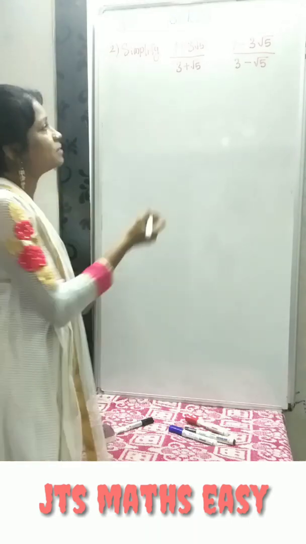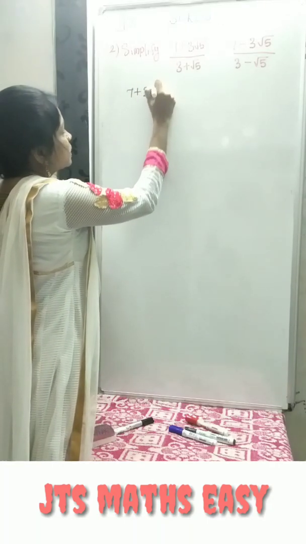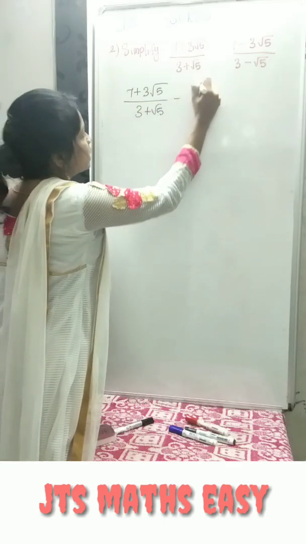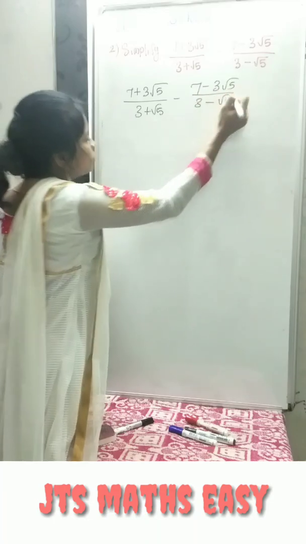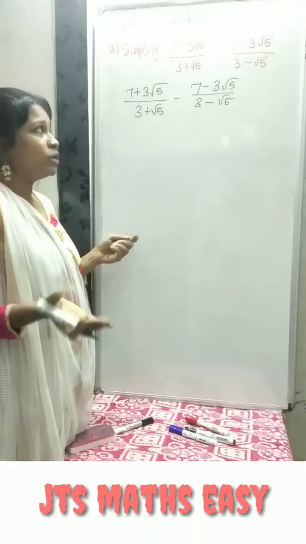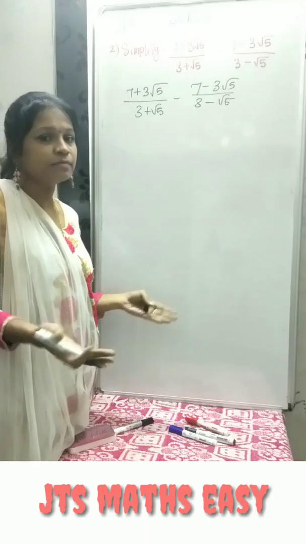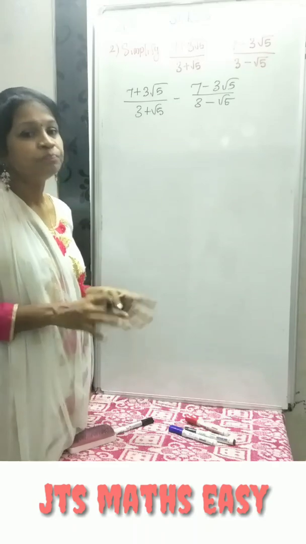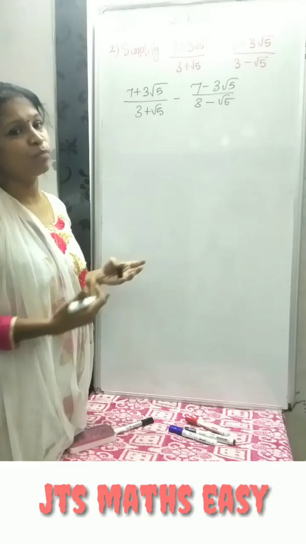Okay. So just consider the question given here. It is given that 7 plus 3 root 5 divided by 3 plus root 5 minus 7 minus 3 root 5 divided by 3 minus root 5. But we have two terms. I told you that if you feel confused, you may do it separately for the first term and the second term. At last you can do the operation given in between both the answers. Or else if you don't have any confusion, you can do it directly for both.